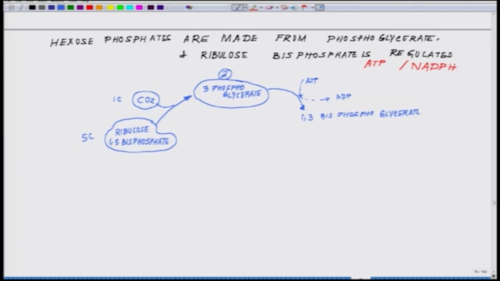Now, 1,3-bisphosphoglycerate, with the help of the second molecule which now comes into play, NADPH, a strong reductant donating its hydrogen, forming NADP plus, leads to the formation of